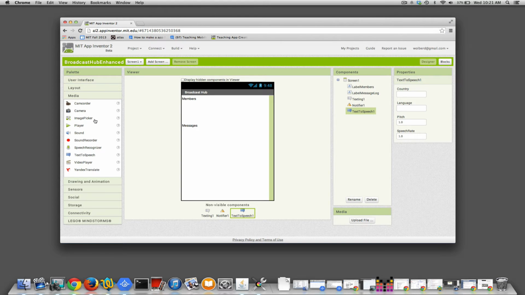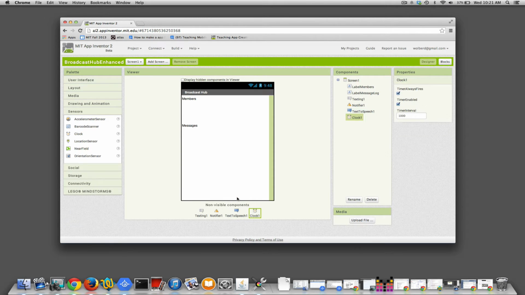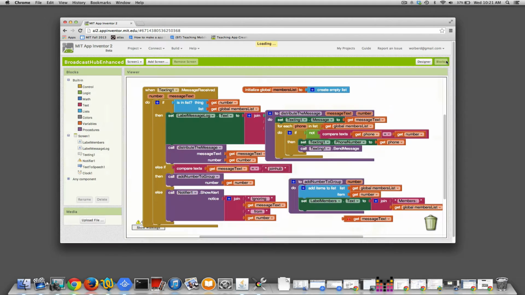We're going to also add a clock component, and that is in the sensors. Okay, and what we're going to do is, for every message that comes in, we'll stick a timestamp on it. Okay, so let's go back to the blocks,